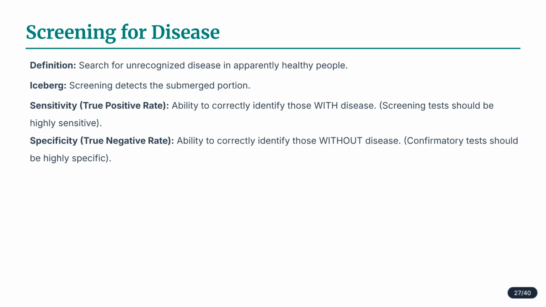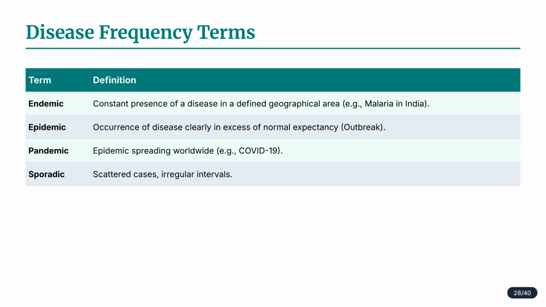Screening is the search for unrecognized disease in apparently healthy people, detecting the submerged portion of the iceberg. Sensitivity is the ability to correctly identify those with the disease, while specificity is the ability to correctly identify those without the disease. This slide summarizes key terms related to disease frequency, including incidence and prevalence, which are fundamental to